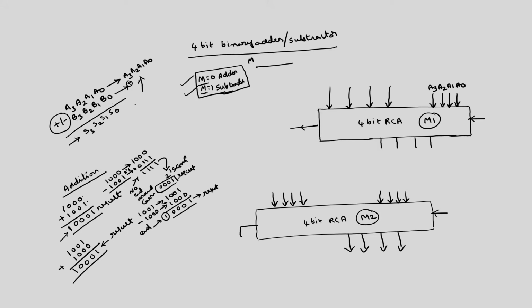So, here this number will be direct B3, B2, B1, B0 if addition, that is M is equal to 0, and this should be B3 bar, B2 bar, B1 bar, B0 bar plus 1, that is 2's complement, if M is equal to 1. So, how to derive the logic corresponding to this? As I already discussed in the earlier binary subtraction, exclusive OR gate will perform this type of operation. Okay. So, I will take here B3, B2, B1, B0, I will take exclusive OR gates.